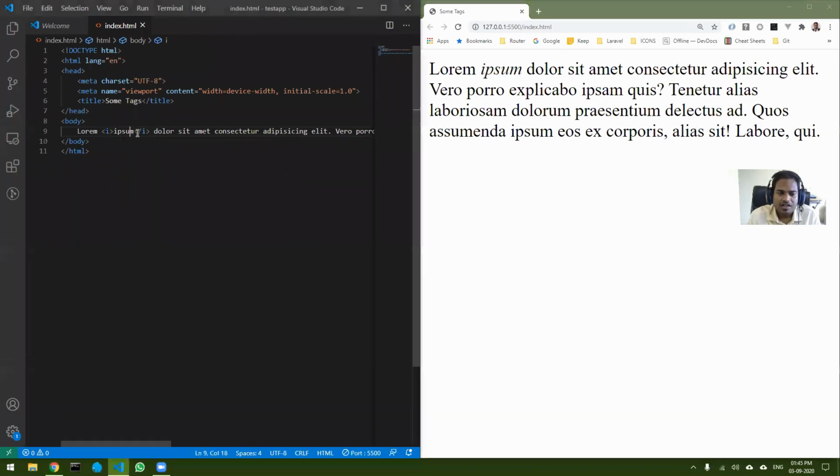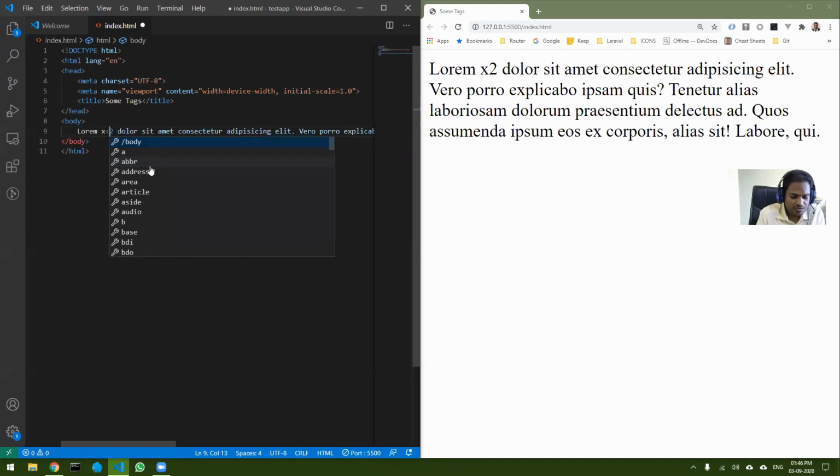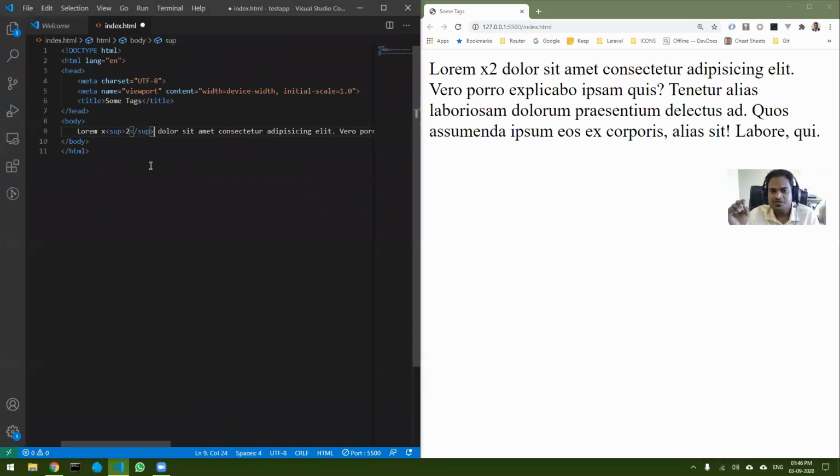Another very nice little thing is, let's suppose I want to write x square. This doesn't look like a square, right? So what I can do is write sup and 2, where sup is for superscript.